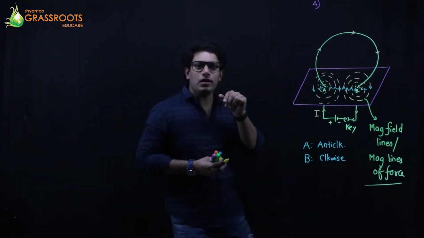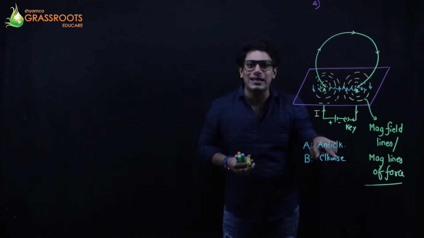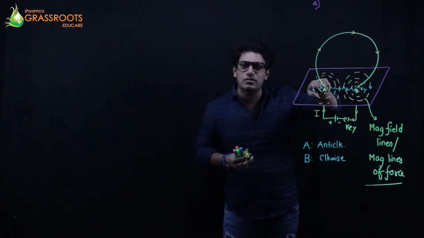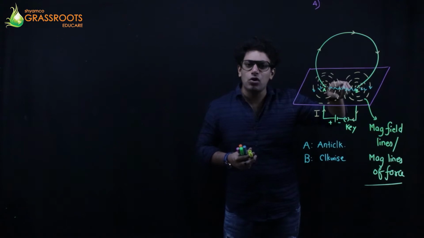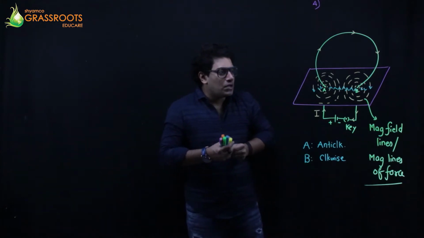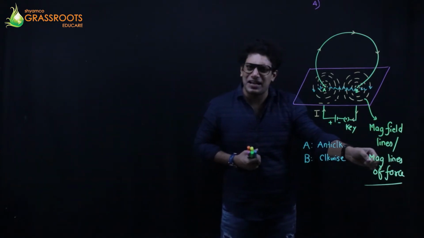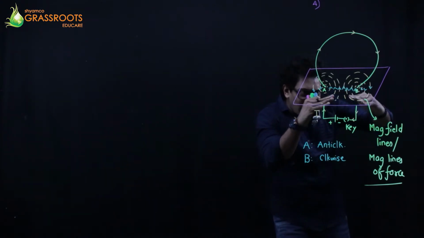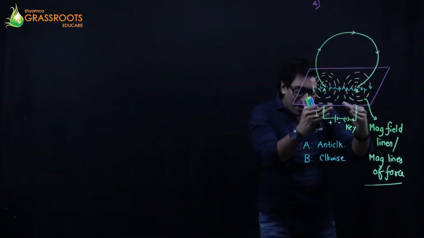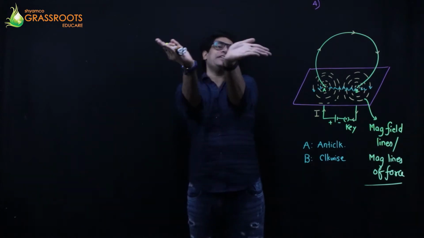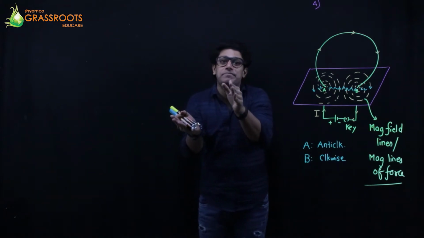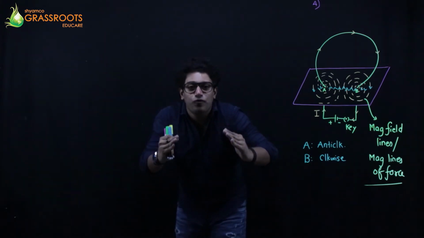How? How can they be in the same direction? Sir, you are just writing कि A में अपना direction of the magnetic field is anti-clockwise and B में it is clockwise. Then how can they be same? I tell you. They are trying to tell me that listen, the lines, the magnetic lines of force, check कर, they are going up. Check the diagram. They are going up and then they are coming down together. They are together going up and they are coming down. Up, down. That is what in the textbook they are meaning to say, that the magnetic lines of force are in the same direction.